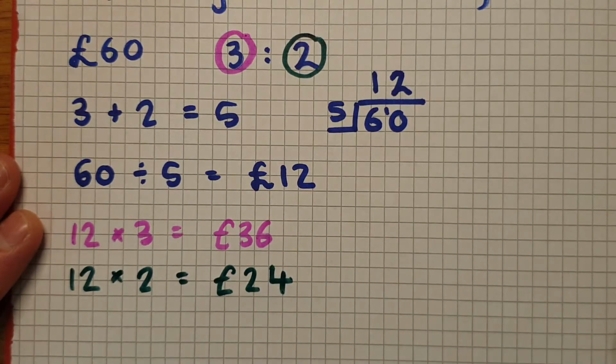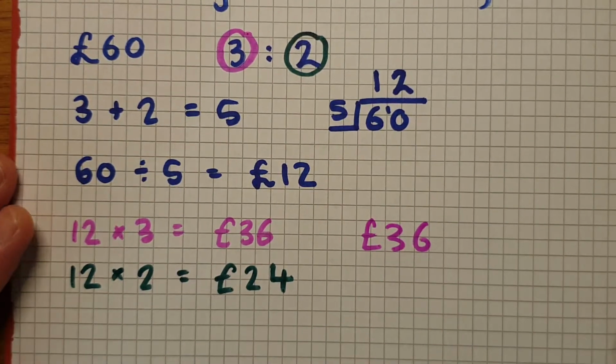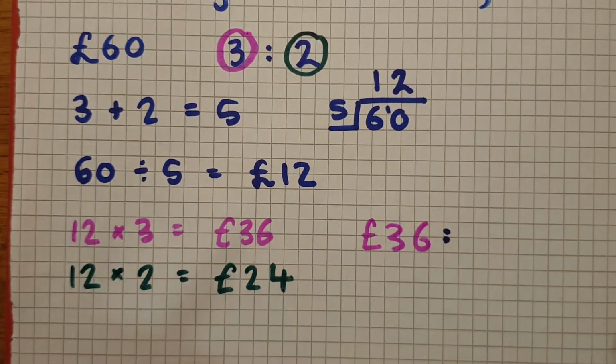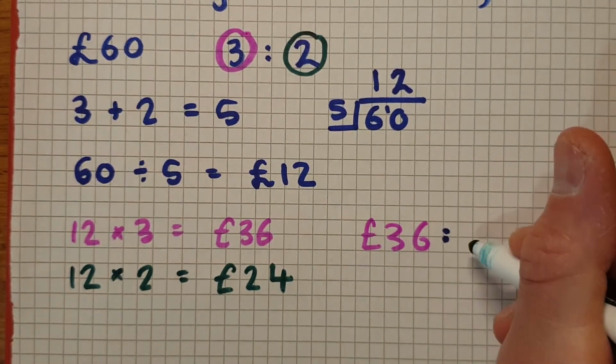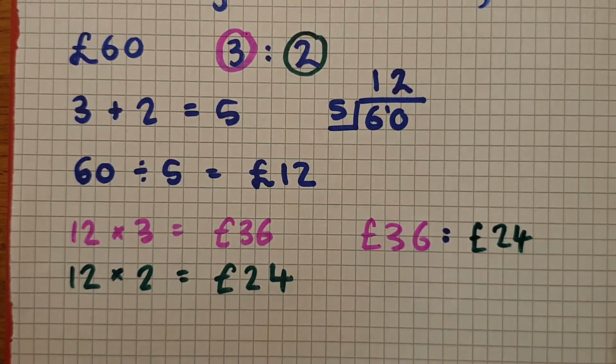So we can lay out our final answer to show you what each person gets. Now, the first person gets 36, and the second person gets 24. Now, you don't need to use colours when you're doing it yourselves, just doing that to help you to understand the different sections of the working out. Now, in the second example down here,